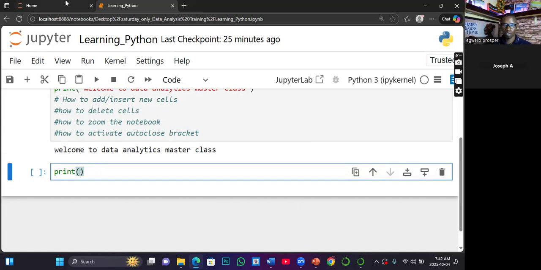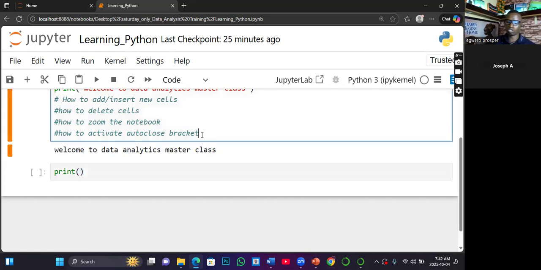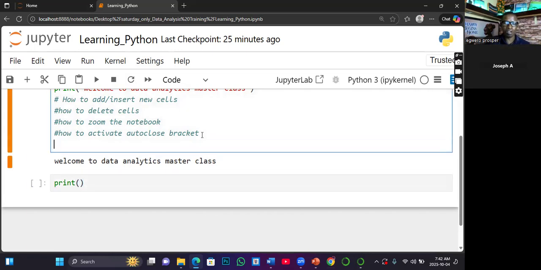Okay, so the next thing I want to teach us is how you can convert comments in your notebook, because you need this. When we start analyzing data, each time you perform analysis, you are expected to write down your observation and your recommendation where necessary. So that when you are presenting, you'll be telling me that this data that was given to analyze, after analyzing it, these are the insights that I derived. So you have to put it in writing, either in a pamphlet or even here or even in Word.